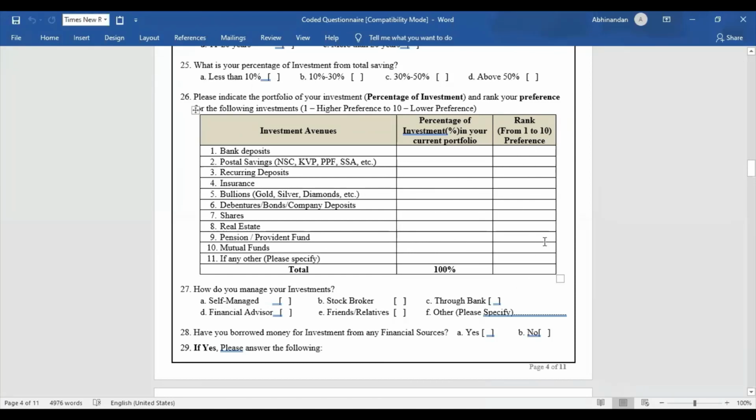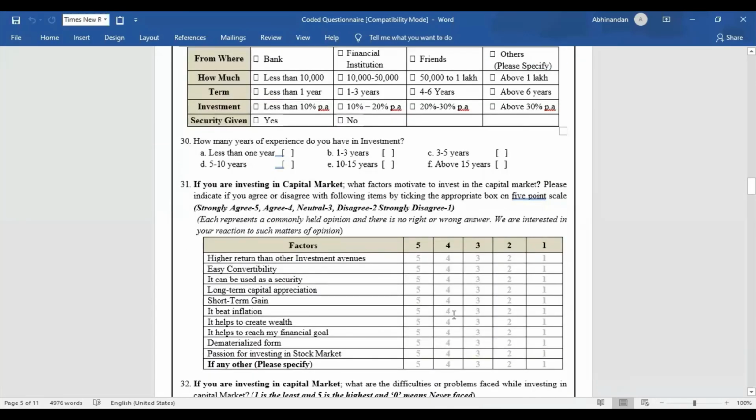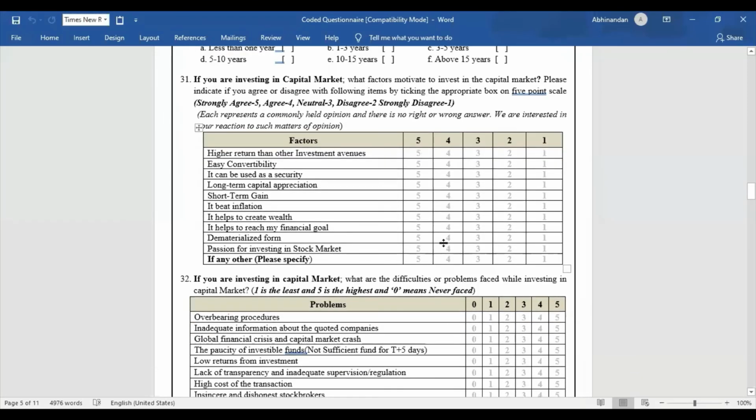For the second one, rank, you can say it is ordinal data because we are giving order or rank. Understood? So like that, for every question you need to identify the measurement of the scaling. See here, 31st question, I gave a Likert scale. I used a Likert scale, that is a 5-point scale. So that is scale data, or in theory it is called an interval scale, because I used a 5-point Likert scale or rating scale.